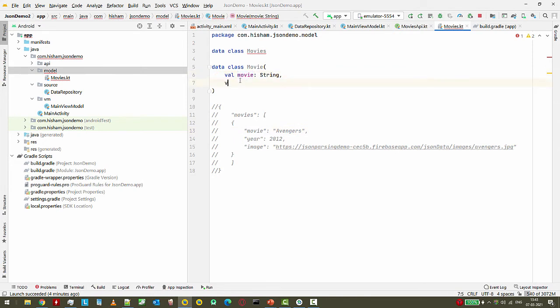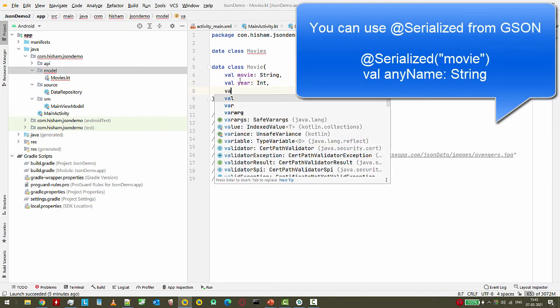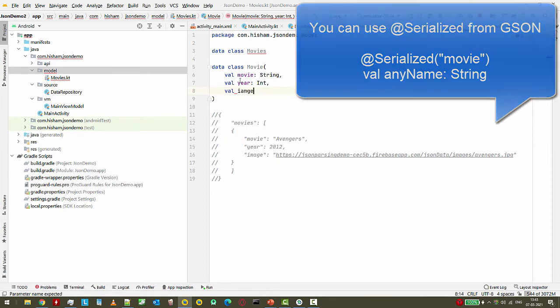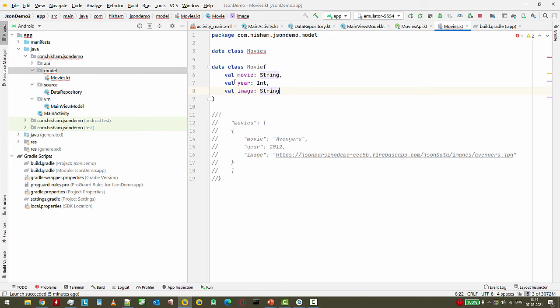Just for now, we have ways to make it work with a different name as well, but for now make sure that the name is the same. The last thing is image. Okay, so we have created this part. Now we need to create this. We already know that it is something,